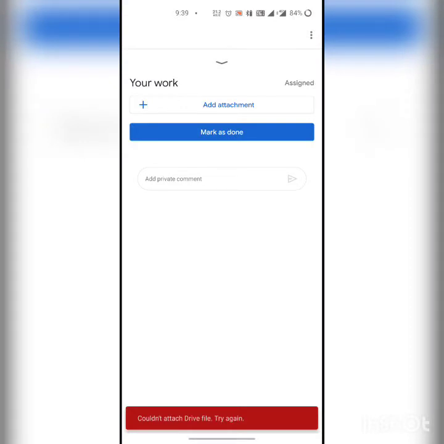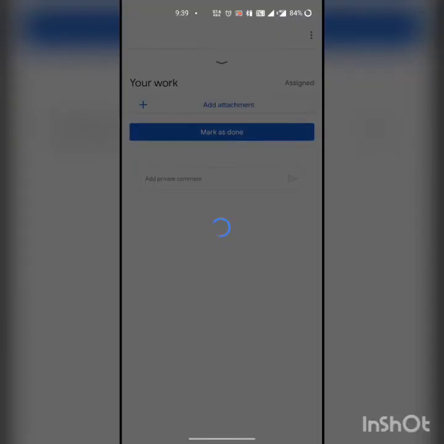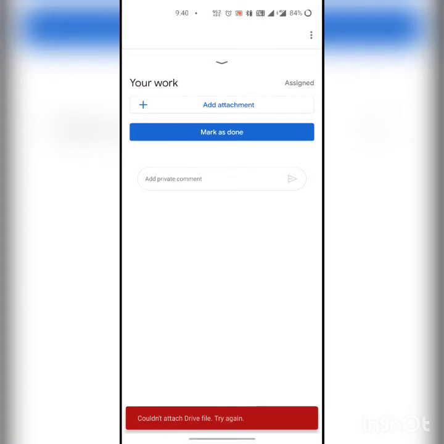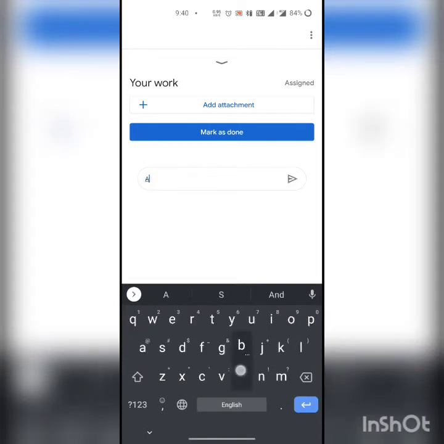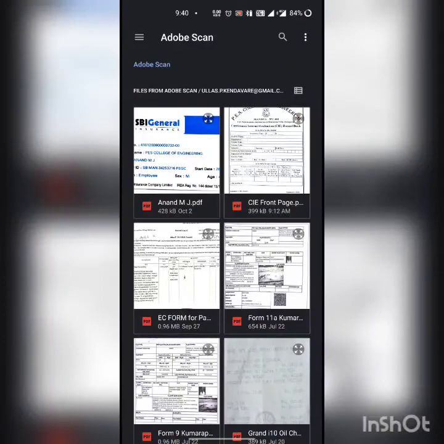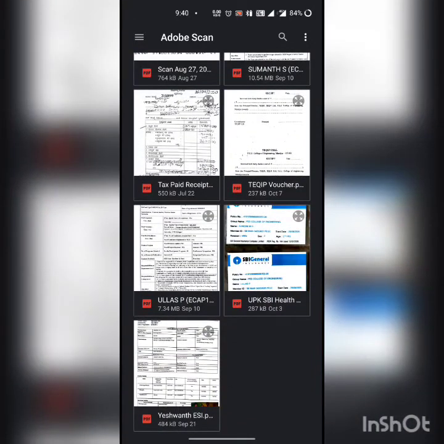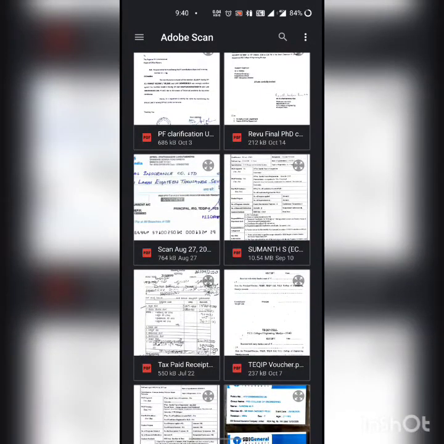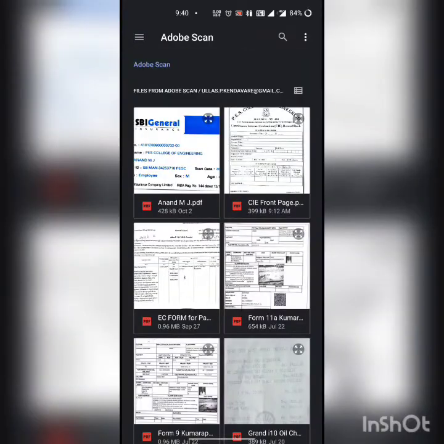Okay, sorry, there is a small error. I'll just try it once or twice. It depends on the network. If you have a good network, it will just upload quickly. If you don't have a good network, you may have to upload a smaller file. If you have a bigger file, you can split that file into two. You can upload the first 10 pages once, and then attach the remaining 10 pages as another attachment. You can find multiple attachments here and just attach them. That will not be a problem. You can attach multiple files, and it will easily accept them.